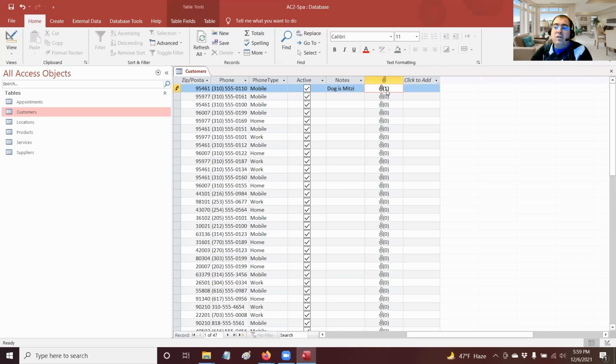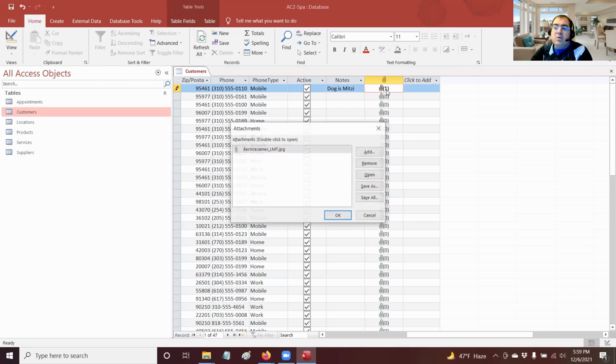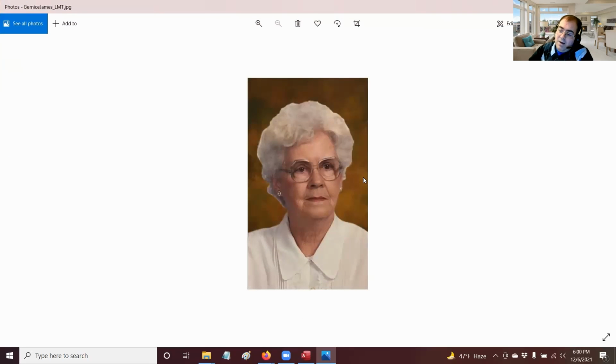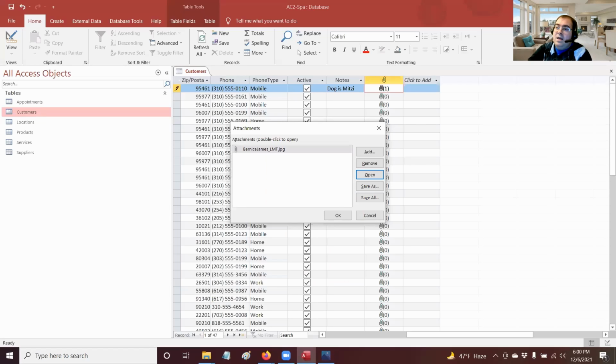And let's say I wanted to look at what that was, I could just double click it. Notice then it shows me what it is, and I can hit open, and then there it is. So then it opens up the picture, and in this case, it's a picture of our client. Okay, so we'll go ahead and hit the X,